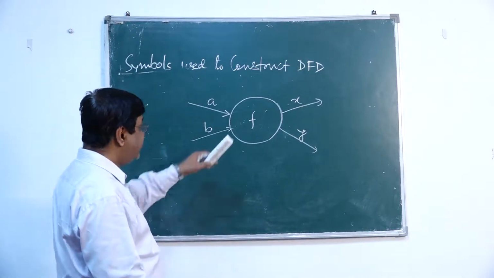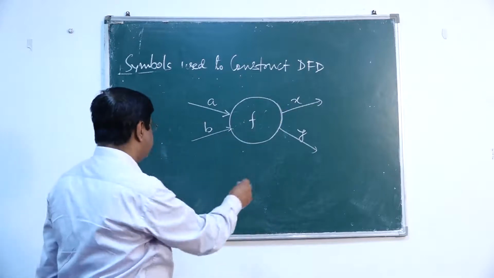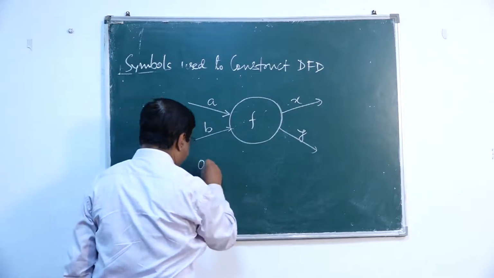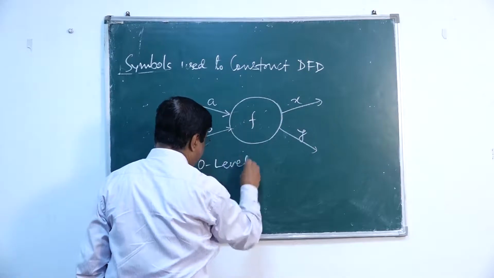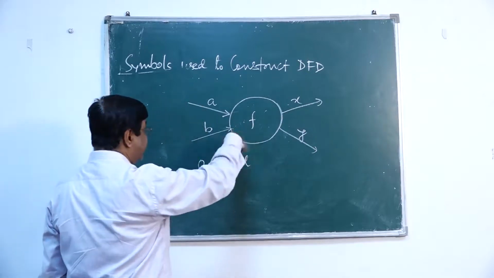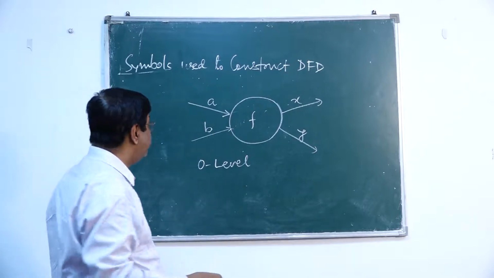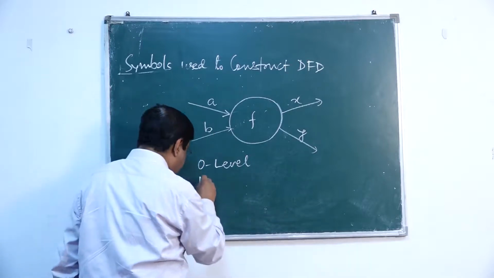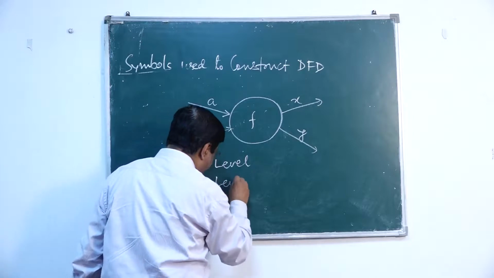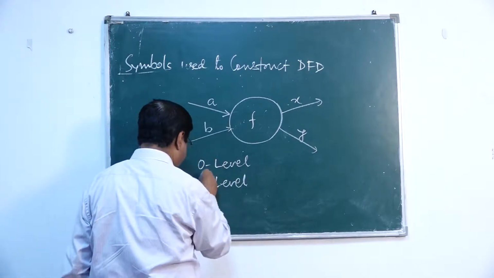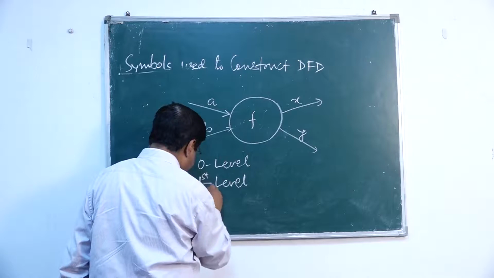So, this is divided into a number of levels. This is 0 level DFD. Then after decomposing 0 level, we get further number of process bubbles. We enter into first level DFD, then second level DFD,